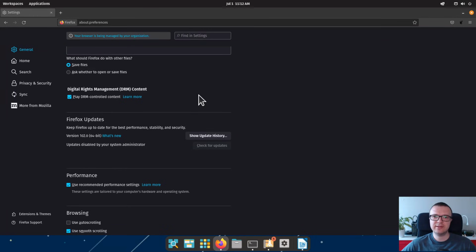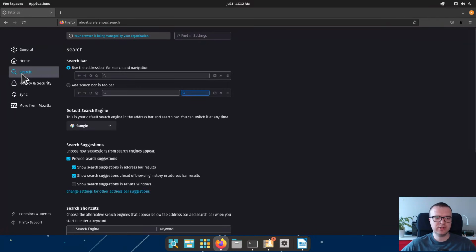And the third thing I change in my Firefox right after the installation is I go to the search tab here and I switch from the default search navigation bar to a separate web URL address and a search field. This is much more useful in my opinion, because the search field works a little bit differently. If you want to Google an email address, it works very well here, but it will not work here. It will open your email client by default if you enter an email address here.